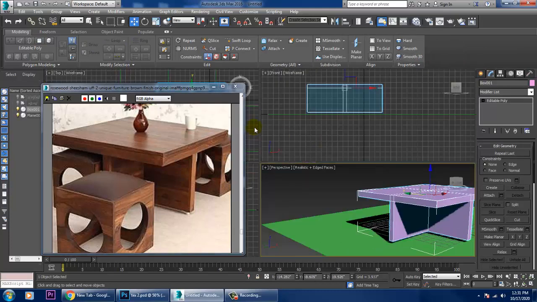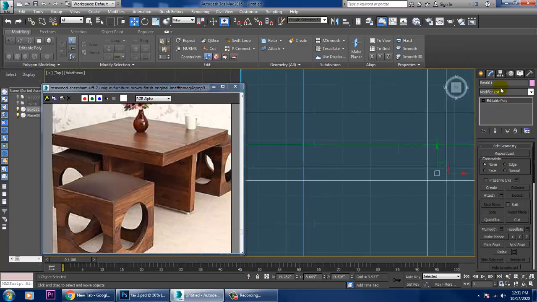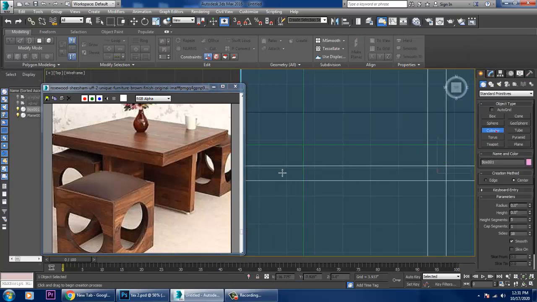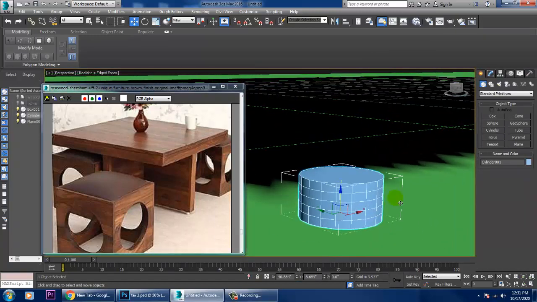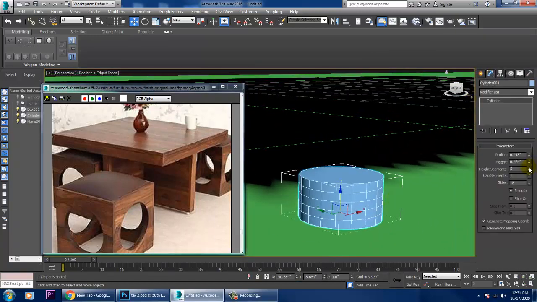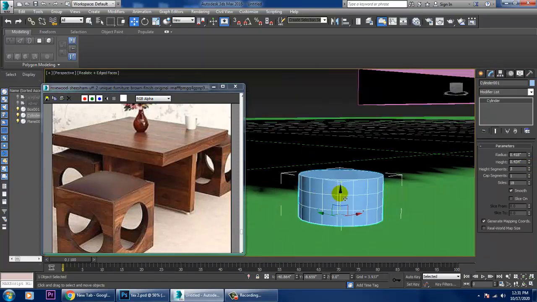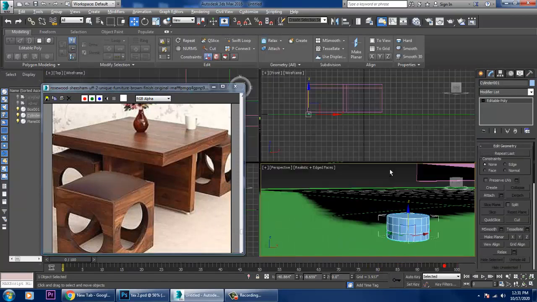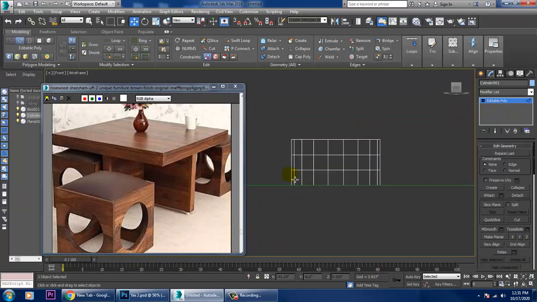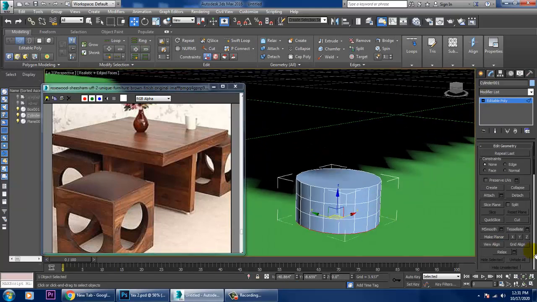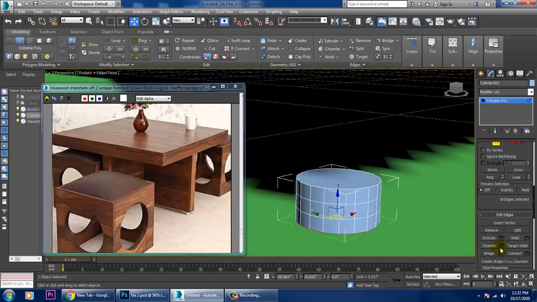Let's go to the top view over here. Let's take a small cylinder. Reduce its height segments, convert to editable poly, and select these edges, and let's give a bit of chamfer to it.